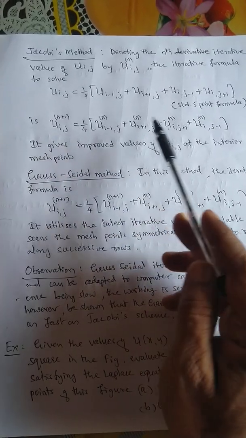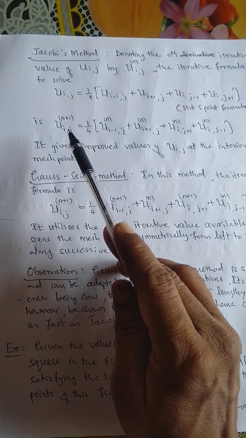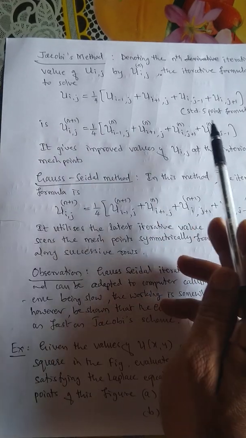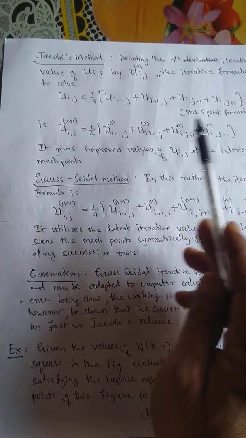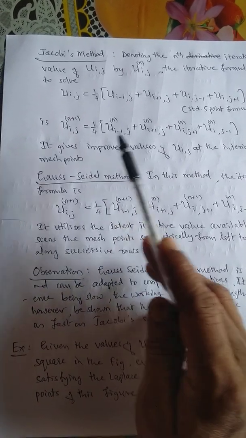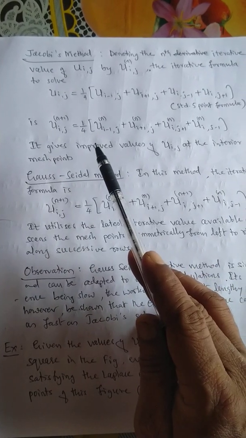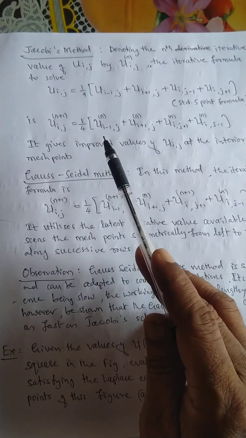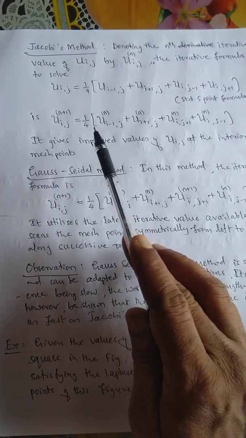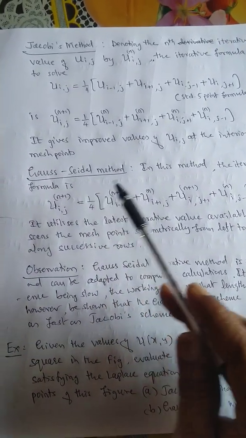and for initial values of u, say for example n equal to 0, we have the next iterative, that is u1. For n equal to 1 we have u2, for n equal to 2 we have u3, and so on, and we continue the process till we do not get any difference between two iterations or between two approximations. This is Jacobi's method. Next is Gauss-Seidel method.